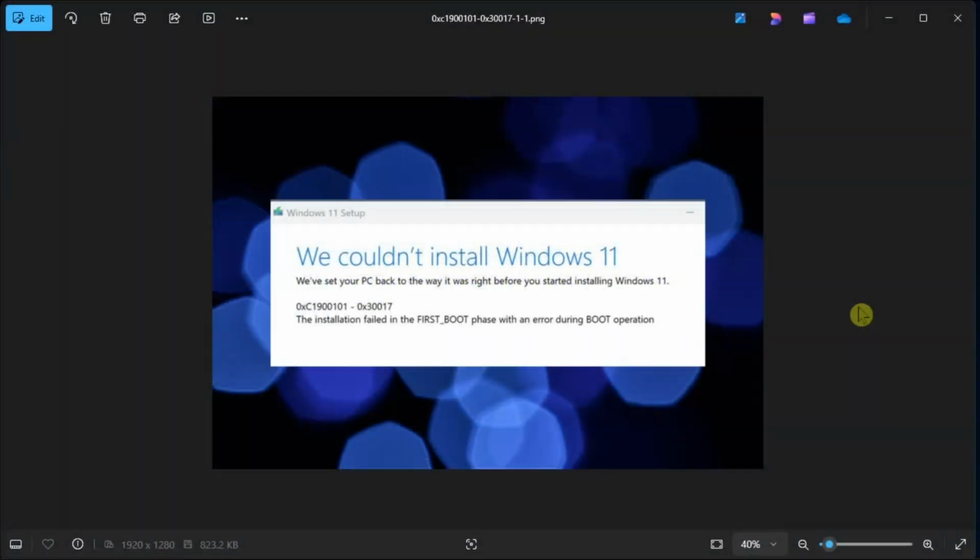This update error pops up when users try to either install a system update or upgrade to the latest Windows version. If you also have the same problem, here's what you can do. Now, the first thing you can do is to have at least 16 GB of free space on your system